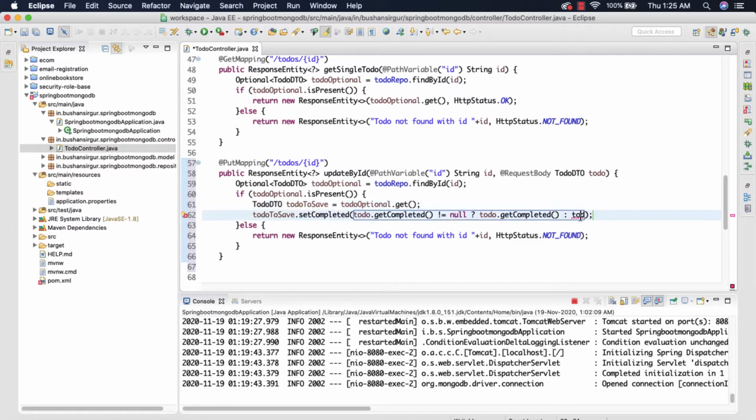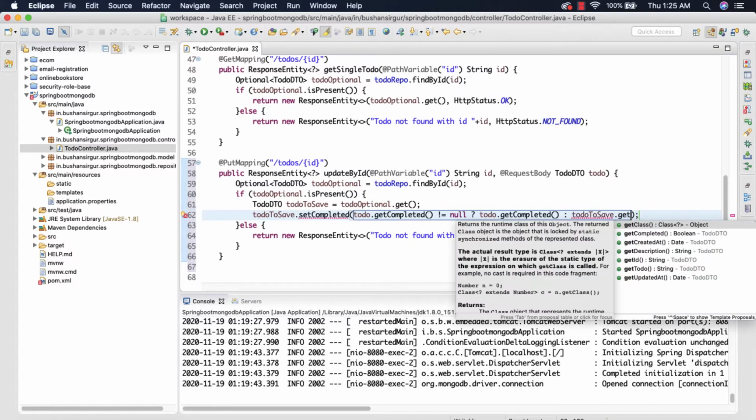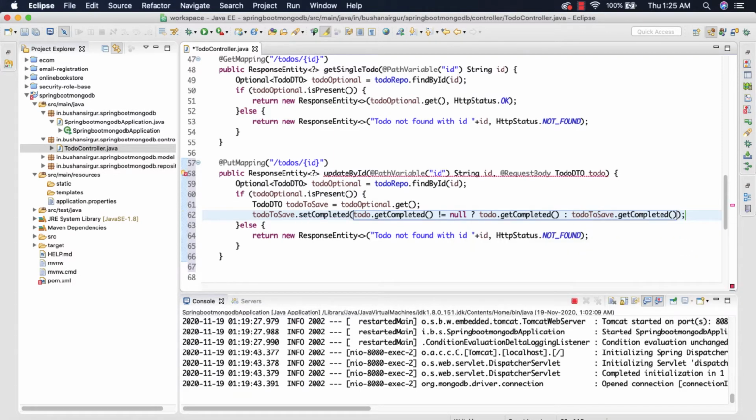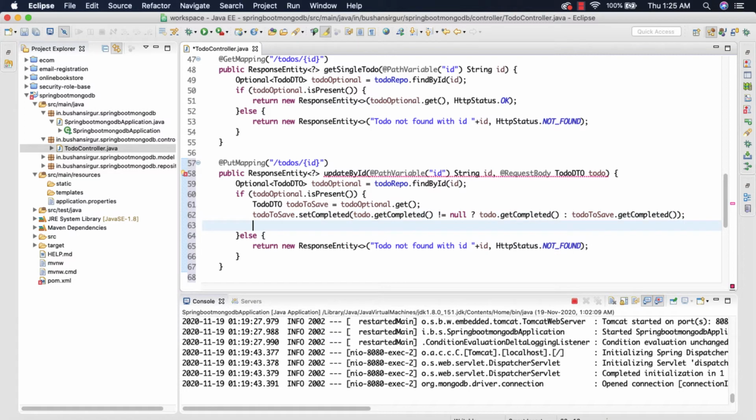So todoToSave.getCompleted, and we're going to repeat the same process for all other properties.